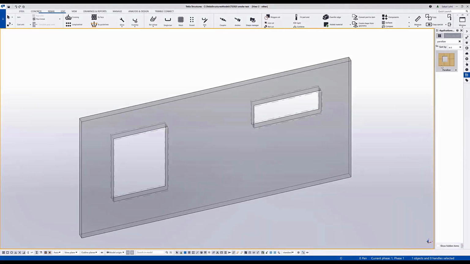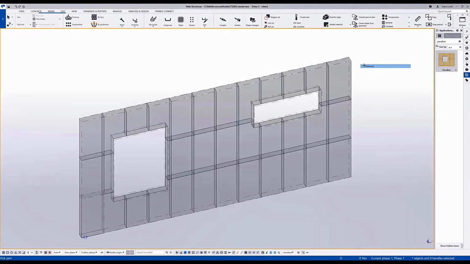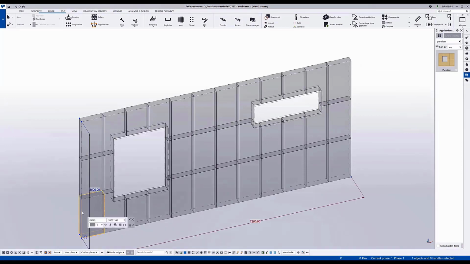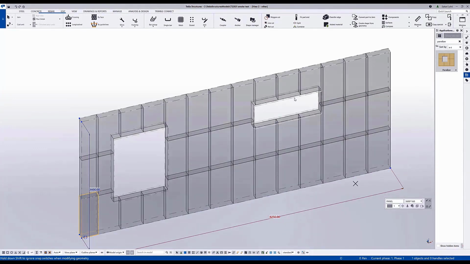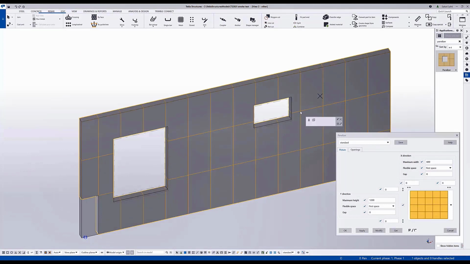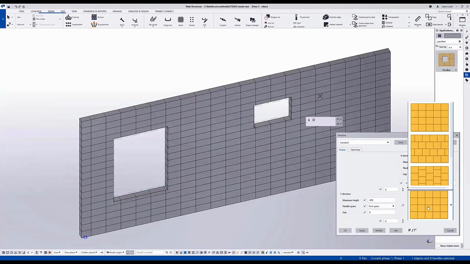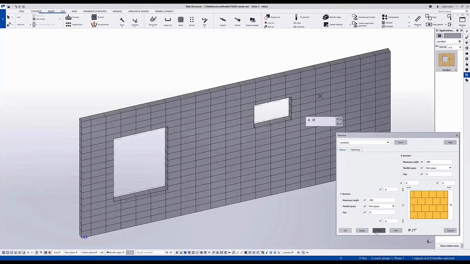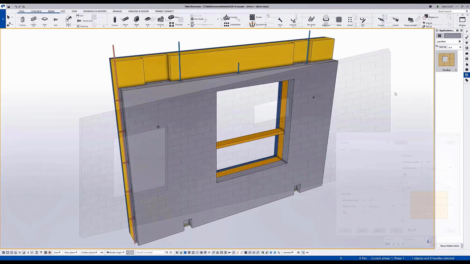Again, here I have a wall where I apply the panelizer component. The input part of the component is on the bottom left, so you can edit its geometry by editing the input object. Once I open the dialog, you can see the maximum heights of the panels, which I can adjust, for example, to make this kind of tiling, and then the pattern of the tiling.